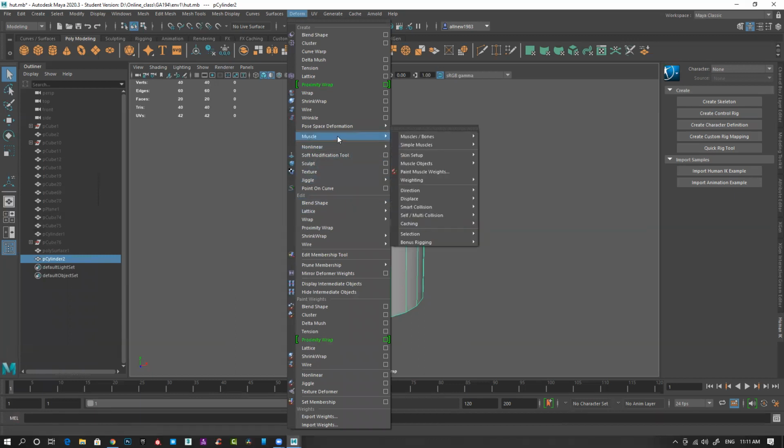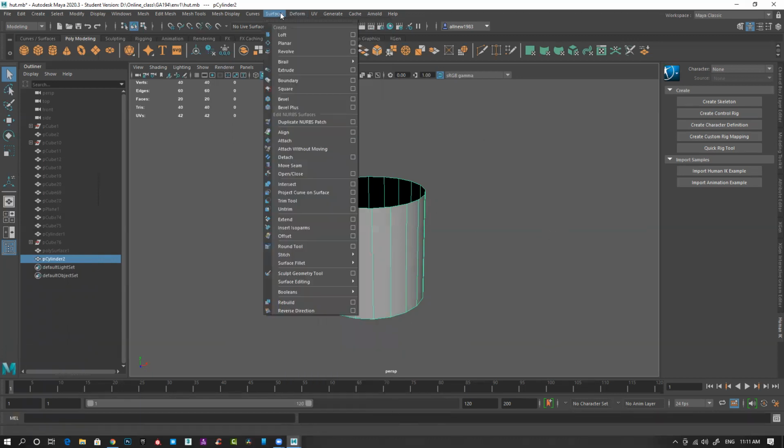There is no shell modifier as such, but there is one option. They changed all these things in Maya; previously all the menus were different.